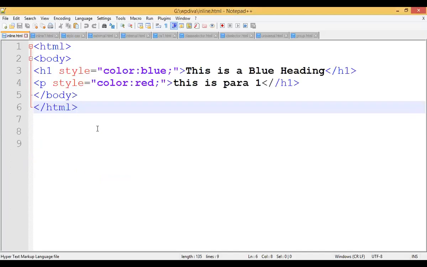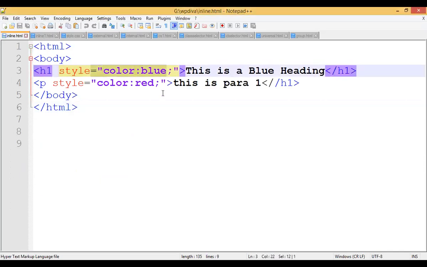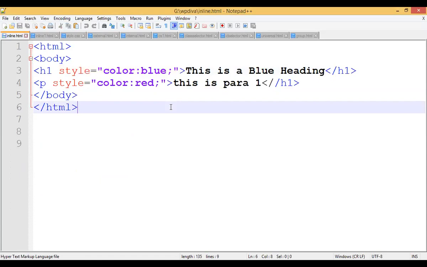In the last class, we had started with inline CSS. Inline CSS is all about applying the style right on the line where you want it. So if I want to apply it on the H1, which is located inside the body tag, I can open the style attribute right there and start setting the properties. Color is one of the properties and blue is the value for that property. This we have seen.